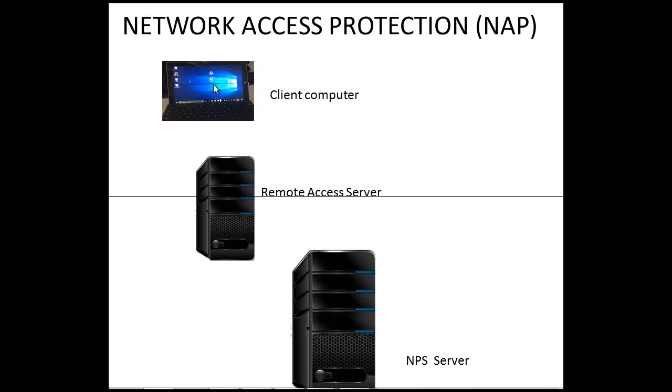You have RADIUS set up, you have a remote access server set up, you have an NPS server set up. If you configure the NPS as a network access protection server, then that network access protection is going to have some rules in place that will dictate whether or not the client can access the network based on the client configuration